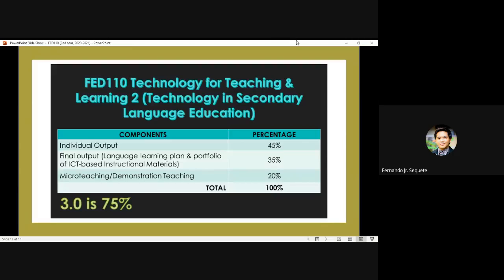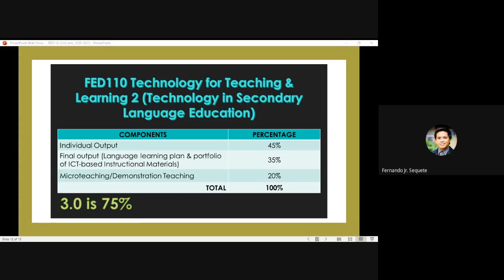Very good. Next would be the most important one. Know your grade components. Please take note that the passing grade for this is 75%. Sir, last semester nag-75 ba kayo, sir? Yes, nag-75% ako last semester. So mao na siya ang passing score, no? So the components, we have three components. We have individual output, wala tayong group output, no? Kung meron man tayong group output, children, if merong time talaga na mag-group output tayo, siguro very rare, mga once or twice lang.